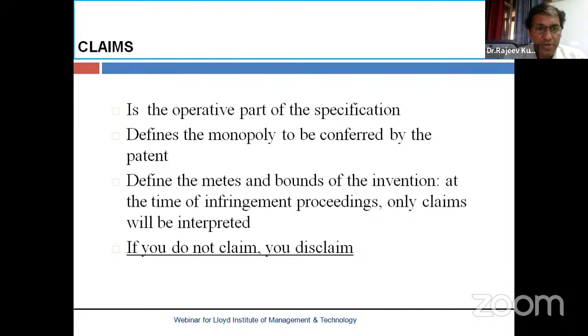And it defines the needs and bounds of the invention at the time of infringement proceedings. Infringement is something if someone is deriving commercial benefit using your invention, then that person or that firm is